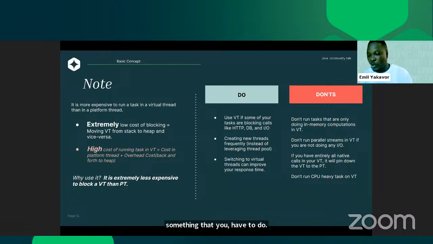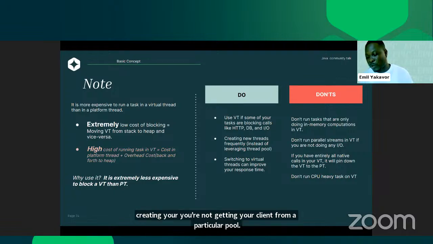You should use virtual threads if you have blocking calls. Okay, you are making an HTTP call in your application, you are making a DB call, you are performing some IO operations. You should do that. Also, if you are making a lot of calls without leveraging a particular pool, let's say you are making a lot of HTTP requests and you are not getting your client from a particular pool, you are just making your calls, I think you should consider looking at